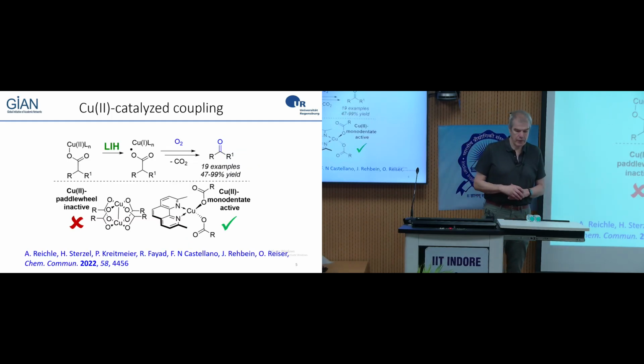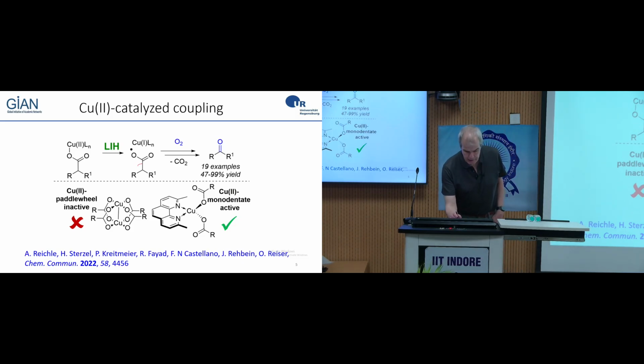This is a reaction which takes a carboxylic acid and then decarboxylates it, and then we are in the same scenario which we had before. I told you that when you do this with copper, you go from copper 2, and it's doing a dissociation, a homolysis, goes to copper 1. It makes the carboxyl radical. The carboxyl radical loses carbon dioxide. And so as the first intermediate, you get this radical,